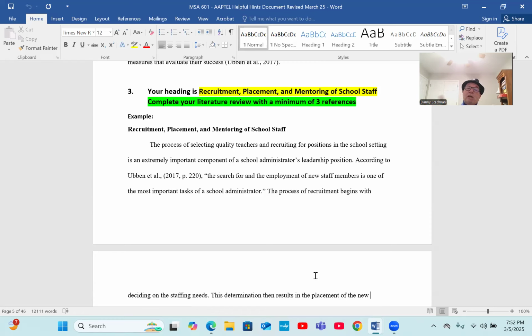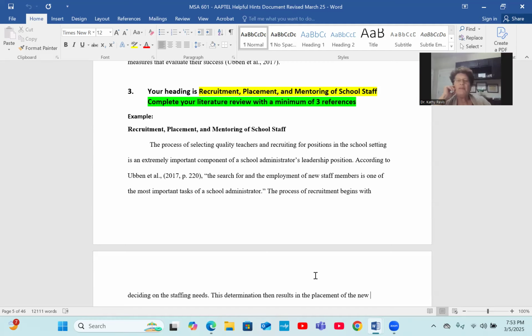Again, this is not what you think. What does the research have to say about recruitment of teachers in your school? Placing them, what does the research say about the proper placement? And what does it say about mentoring them and working with them? Now, Dr. Revis, I would much rather have a mediocre teacher that I can work with than somebody that knows everything and doesn't want to listen to a word I say.